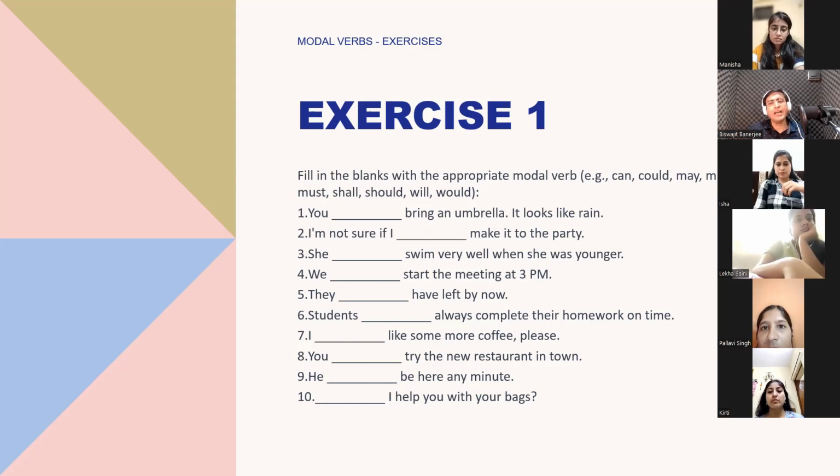All right, Lekha, she dash swim very well when she was younger. She could swim very well when she was younger. Spot on, Lekha. She could swim very well when she was younger. We are talking about the past. So the word can has not been used. The word could has been used. By the way,